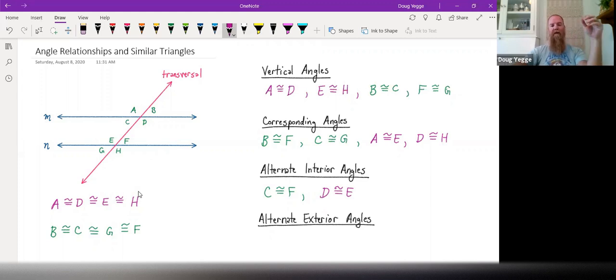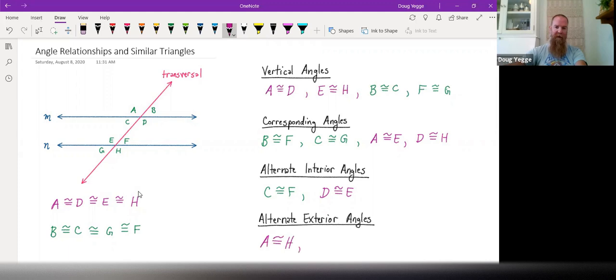So now let's look at alternate exterior angles. So for alternate exterior, we need to realize that A is on the exterior or on the outside of the parallel line, but so are G and H on the opposite side. Now notice how A is an obtuse angle here. It's obtuse. Turns out that A is congruent to H on the far opposite side. Those are considered alternate exterior angles, and those are also congruent. Okay, so A is congruent to H